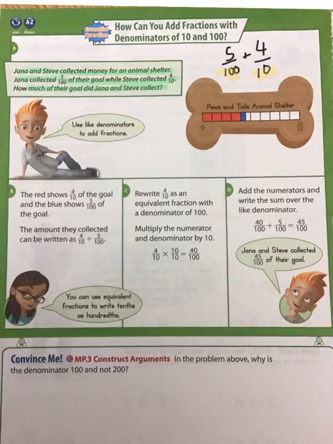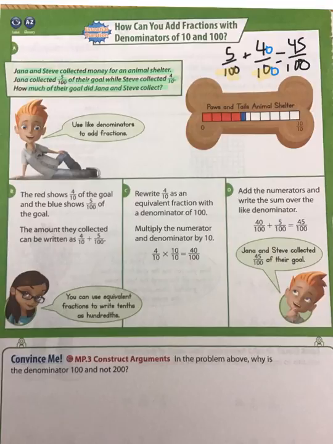be the same. Whenever I am adding two fractions that have 10 and 100, this is the trick that Mrs. Cox uses. I just take the denominator, that's a 10, and I add a 0, and then I go ahead and add a 0 to my numerator. That, I feel, is the easiest way to do it. Then you can just add them up, and so our answer would be